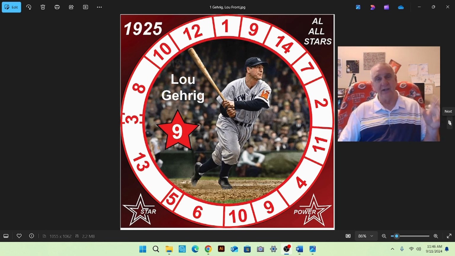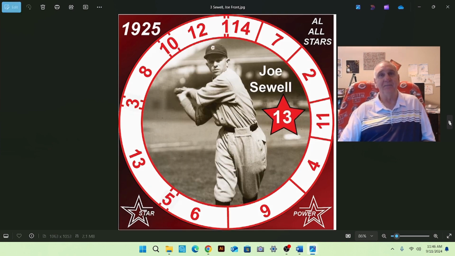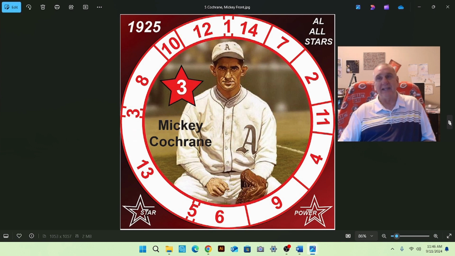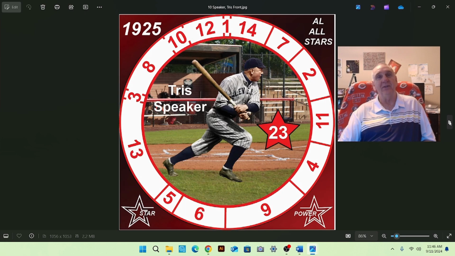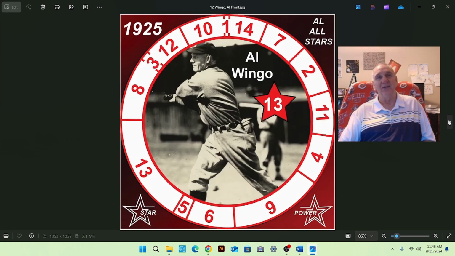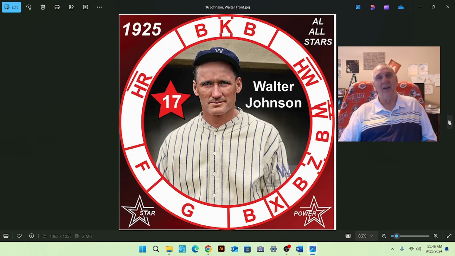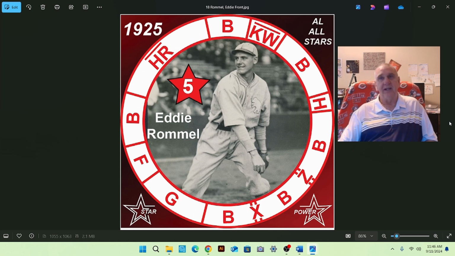This is the set of the 1925 American League All-Stars. And let's just go through them. Gehrig at first. Collins at second. Joe Sewell, the shortstop. Sammy Hale at third. Mickey Cochrane behind the plate. Cobb, Goslin, Heilmann, Simmons, Speaker, Ken Williams, and Dout Wingo in the outfield. What a great outfield. Their outfield's their strength. Stan Coveleski, Hooks Dauss, Sam Gray, Walter Johnson, Firpo Marbury, and Eddie Rommel round out the